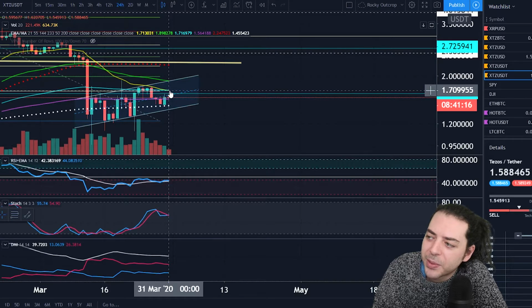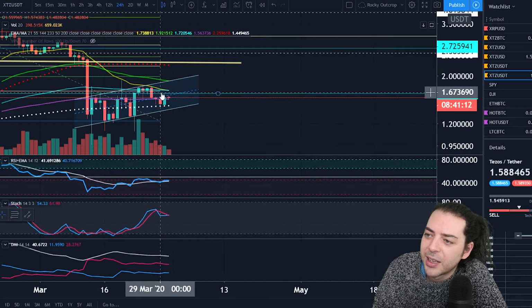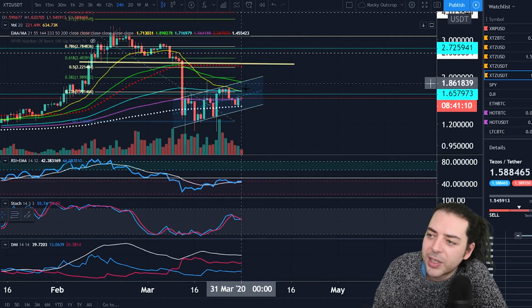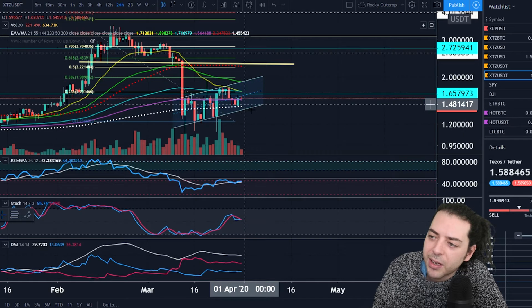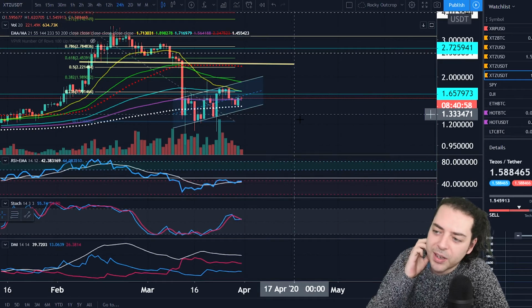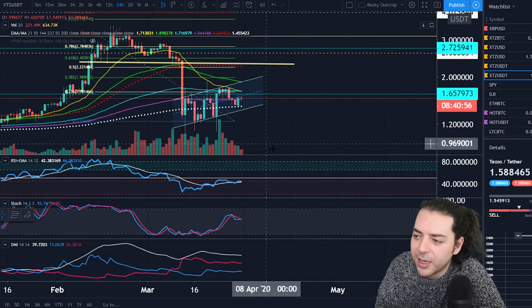Profit taking targets, I suppose, if we were to break above this median line, would of course be at the 170 area. There we have a 23.6 Fibonacci retracement. Should we want to exceed and go beyond, then they've got the 55 coming in at the top of this channel here. That would be the greedy target. Of course, we could also look back down towards the 200 simple here at 145, or indeed the bottom of the channel here at 140 in terms of profit taking targets to that side.